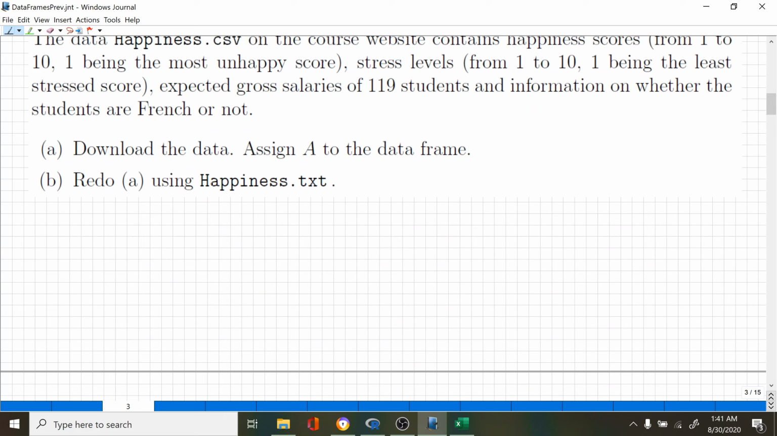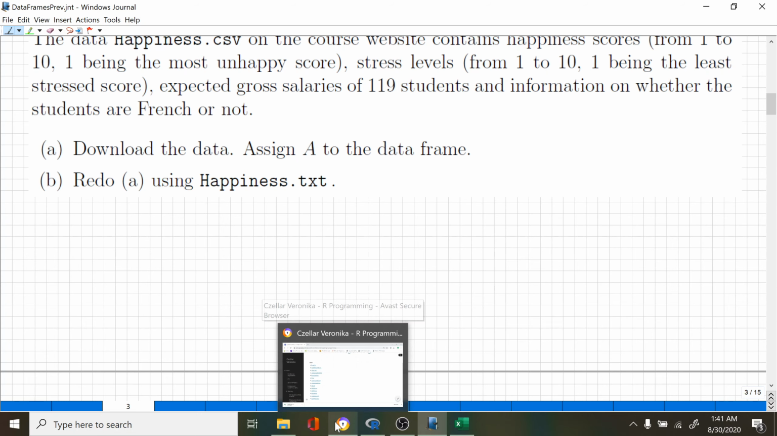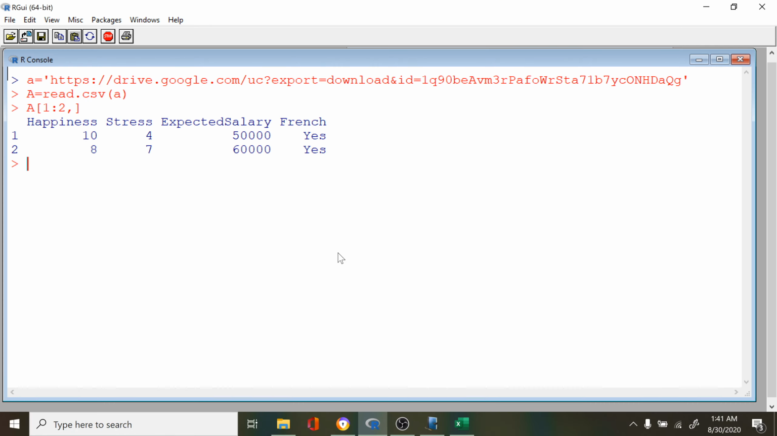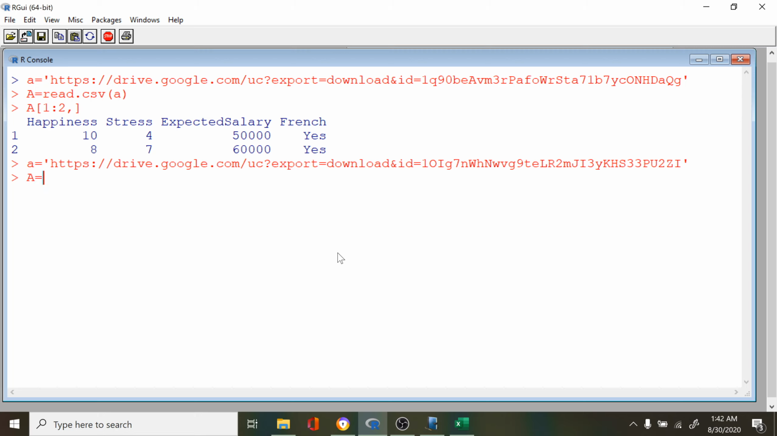Let's redo this exercise, but using a txt extension. So indeed, I will download the happiness.txt. The same data set can be found on my website with the txt extension. So I simply right click to copy the link address, and I will write here again, within apostrophes, the location, and then we will write